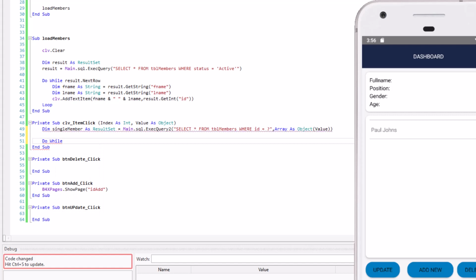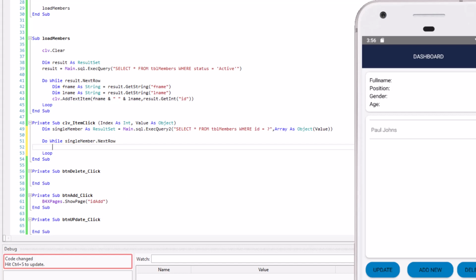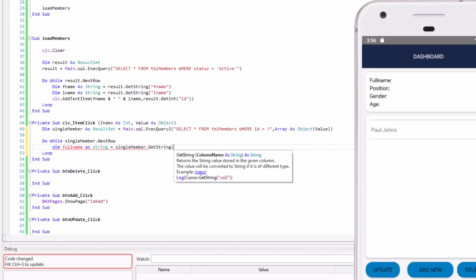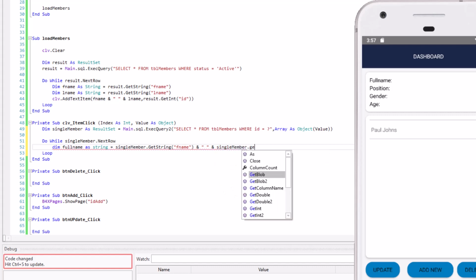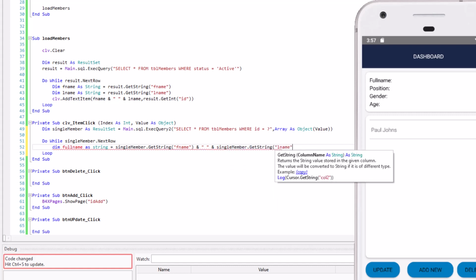So when it's successful, then full name as string. So we put the first and the last name together. A single member dot get string first name, and then let's concatenate a space, and then add the last name, single member dot get string last name.